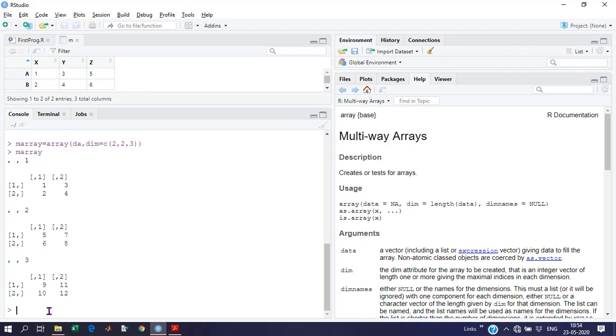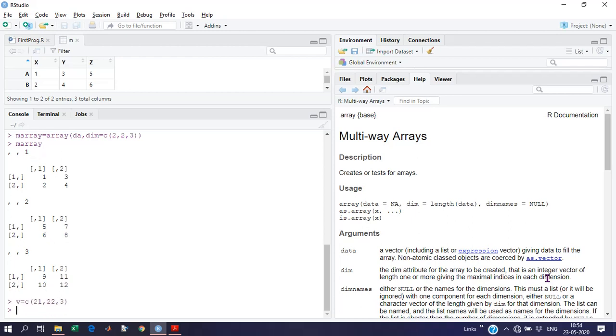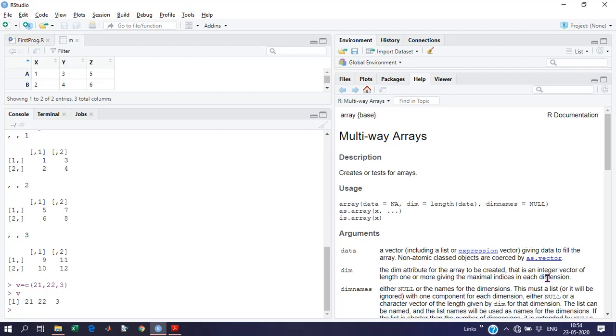We also have the list there. I haven't mentioned it in the slides, but we have the list. For the vector, suppose v is equal to the vector, then we go for c and write 1, 2, 3. What if I just wanted the first to be a character, the second a number, and the third a boolean type?